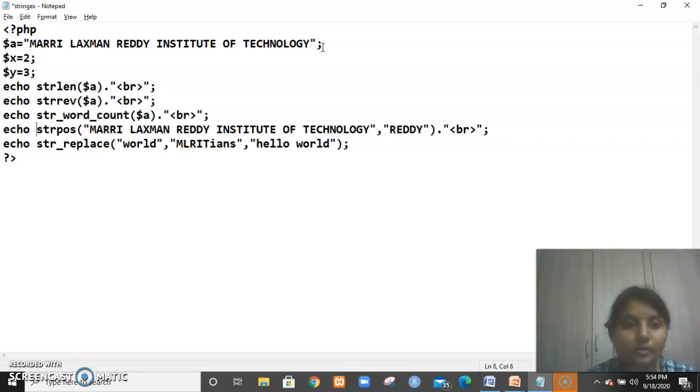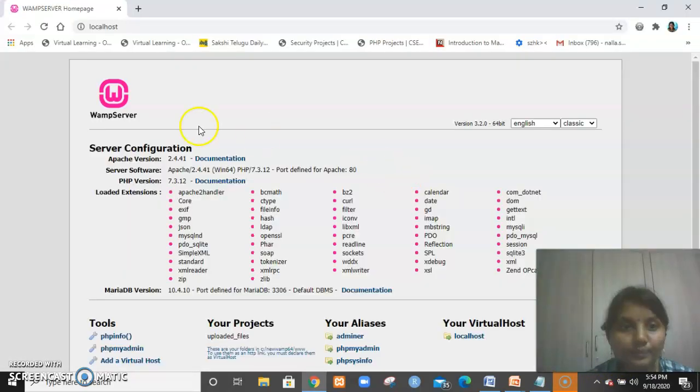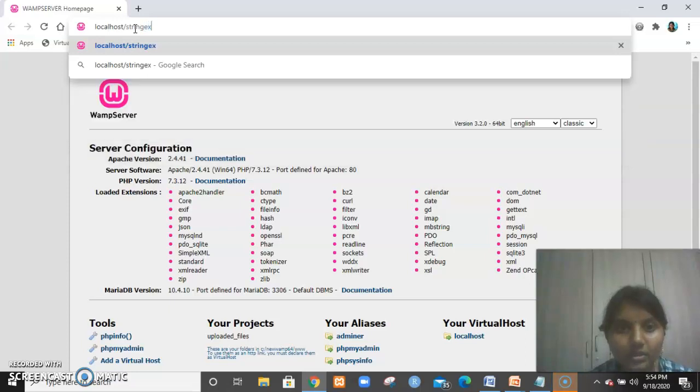Now if you want to print the expression, echo, let me give here dollar x plus dollar y. Then let us see what it returns. For execution, you have to go to the server www, then localhost. Here you can give the file name.